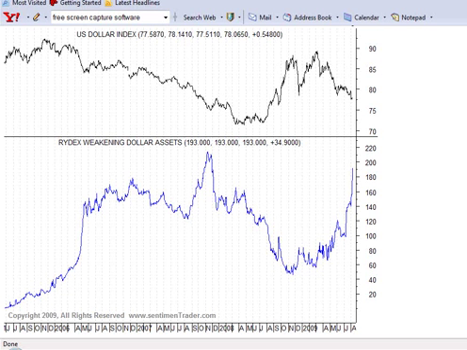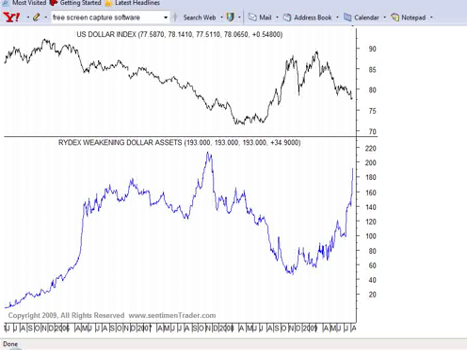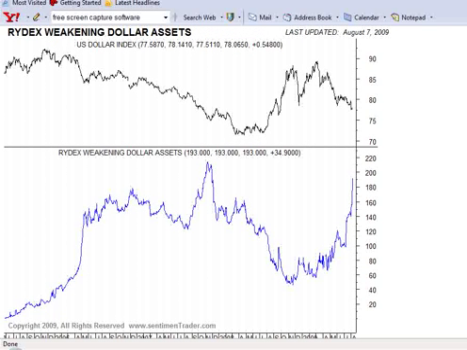This video is going to cover the US dollar. I'm going to first look at some of the quantitative things like the Rydex fund flows and the Commitment of Traders data, and then look at the Elliott wave pattern, some of the more qualitative aspects of what's going on. And this first chart is a chart of the US dollar index, so the value of the dollar.